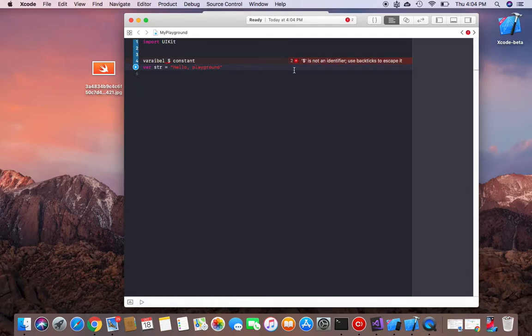Playground will not understand why it's saying that this is not identified. Use bracket or this is okay. If I remove this one and then I run,